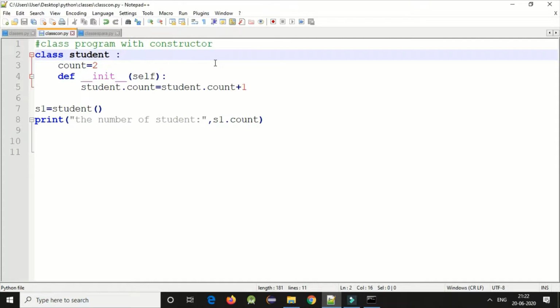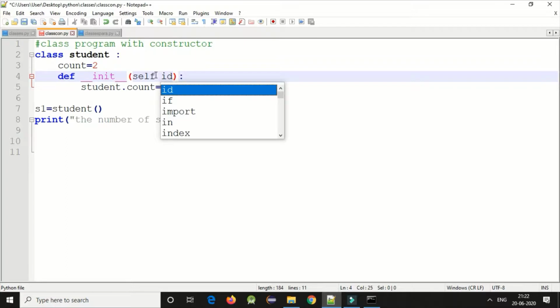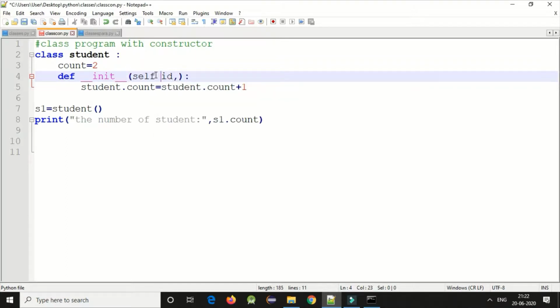In this constructor we have given no parameters. Now the next type is where we give some parameters: id comma name.